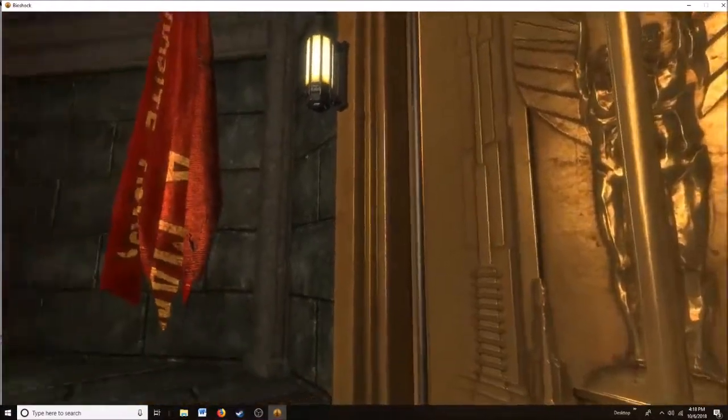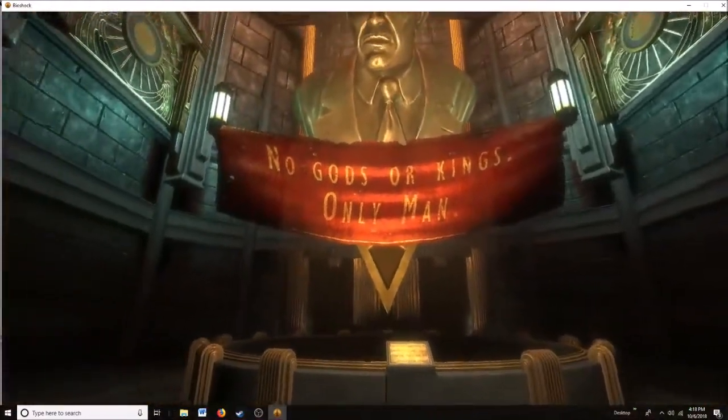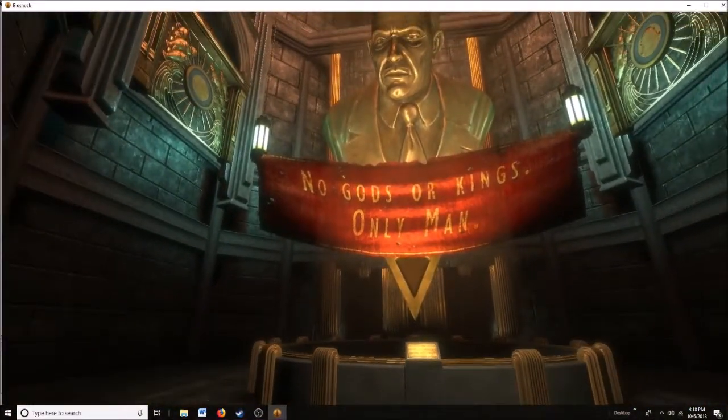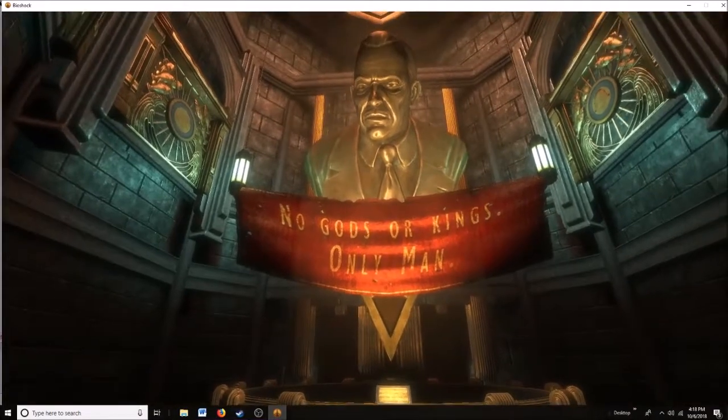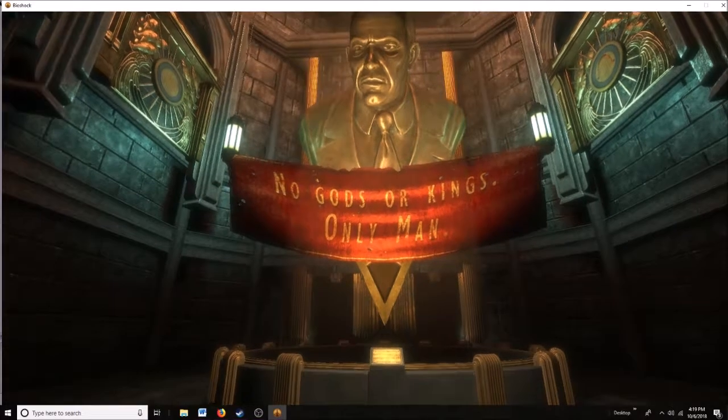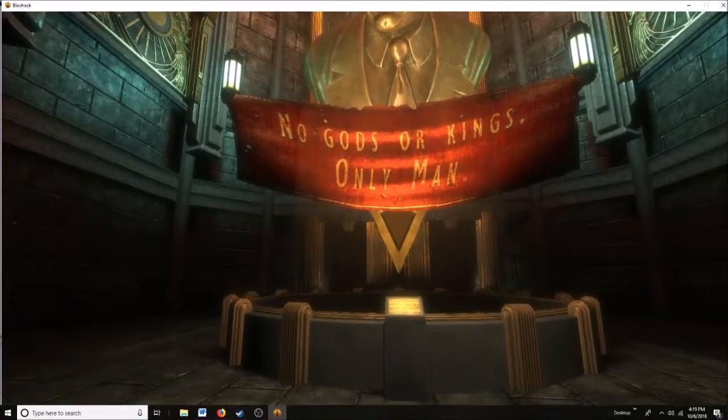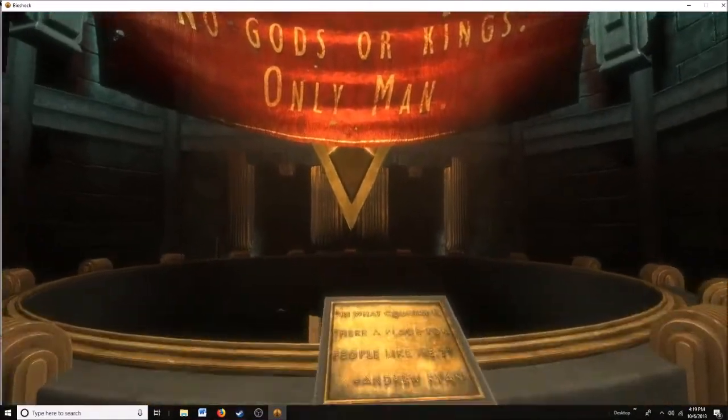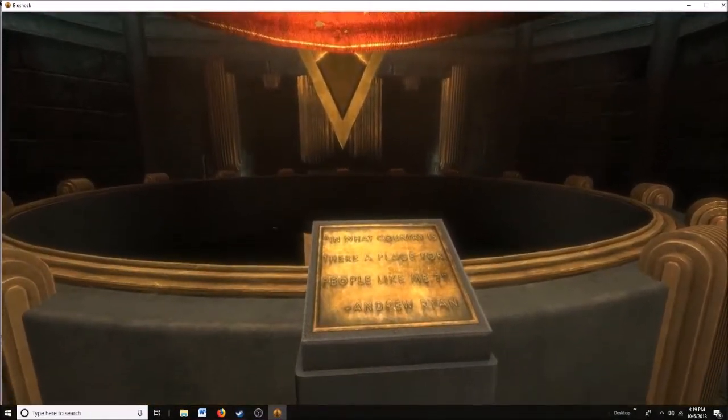Okay, very retro America. And we've got this huge statue that's just looming over us, right? With this banner that reads, "No gods or kings, only man." So when we walk up, there's a plaque here. And it's, in what country is there a place for people like me? Signed, Andrew Ryan. And Andrew Ryan is the founder of Rapture, so he's kind of the guy who's planned this